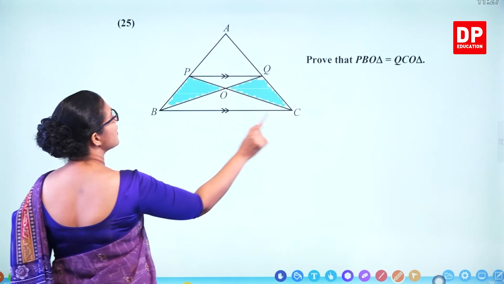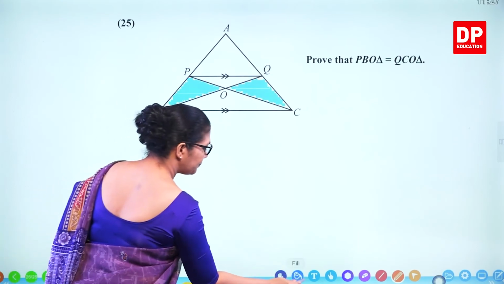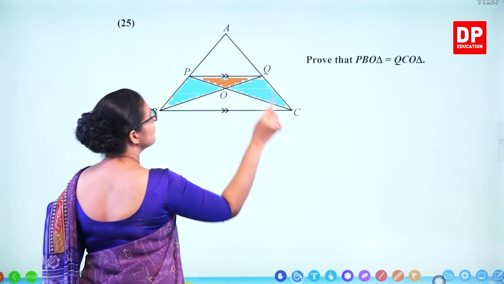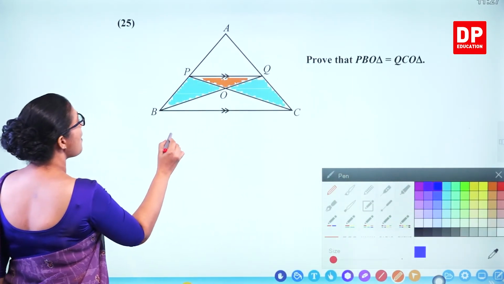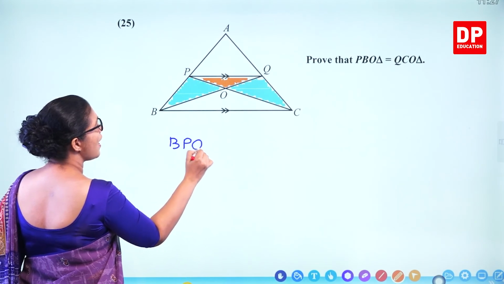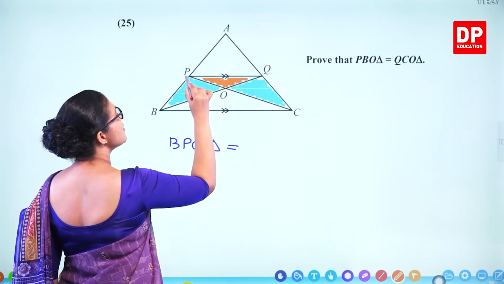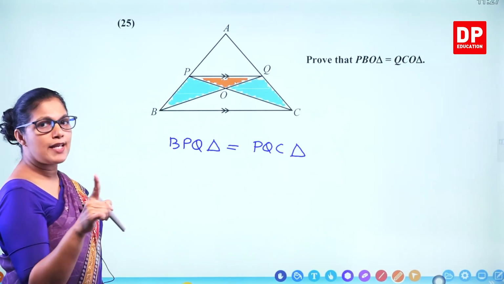When you take these two parallel lines with PQ as the base, what can we say about this triangle? The BPQ triangle area is the same as, can you see this triangle? The PQC triangle. Same base PQ,